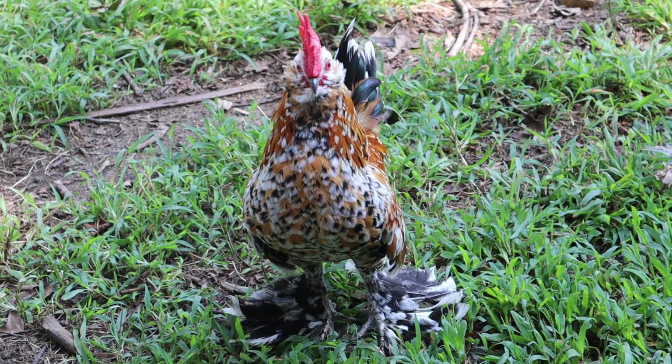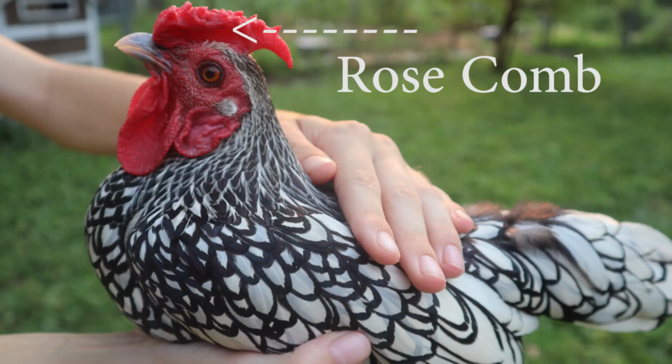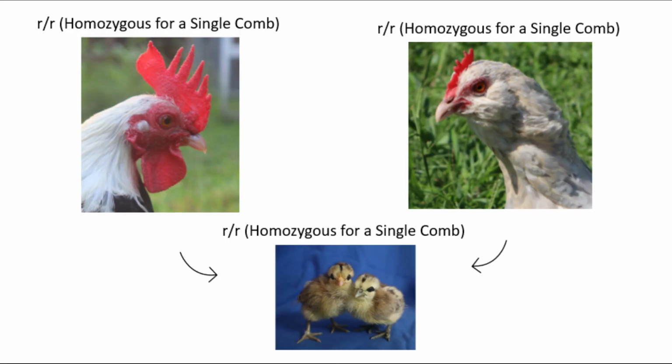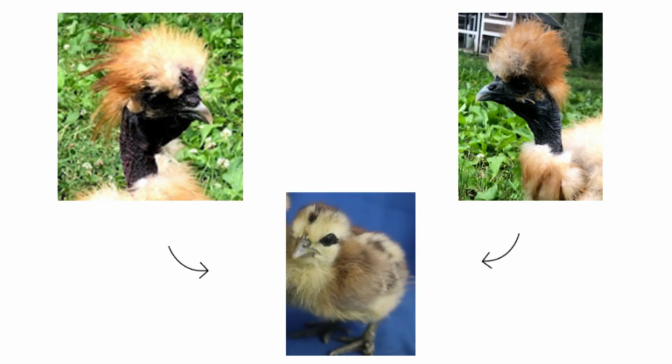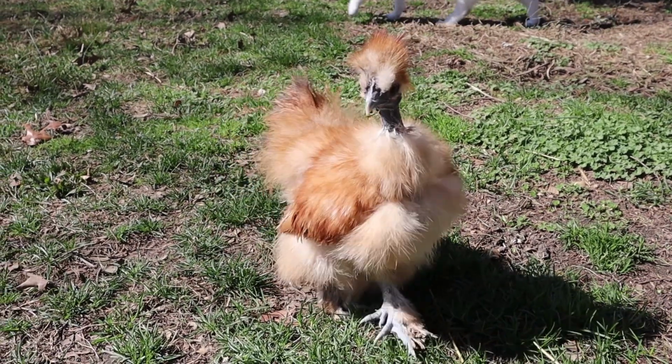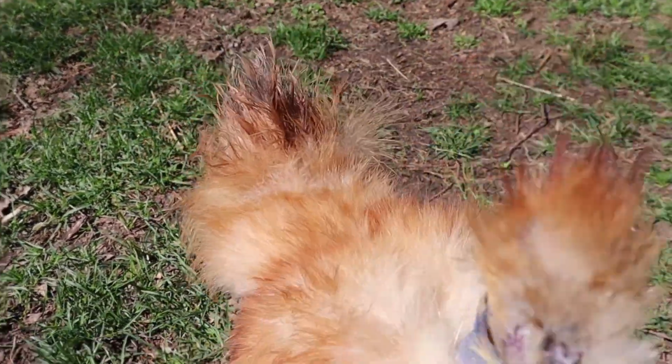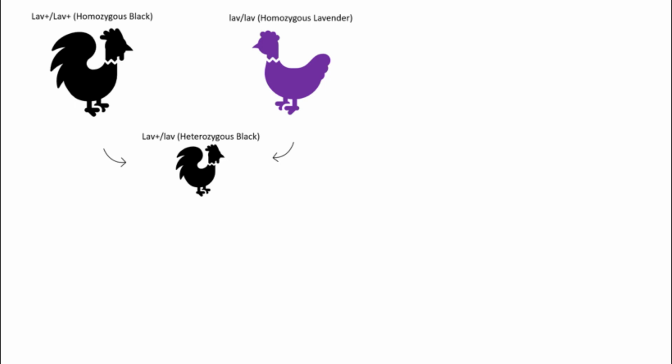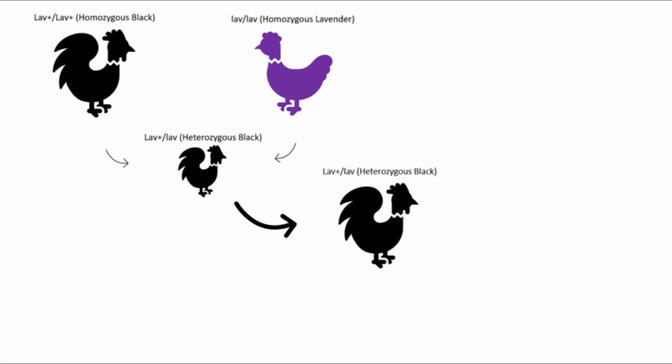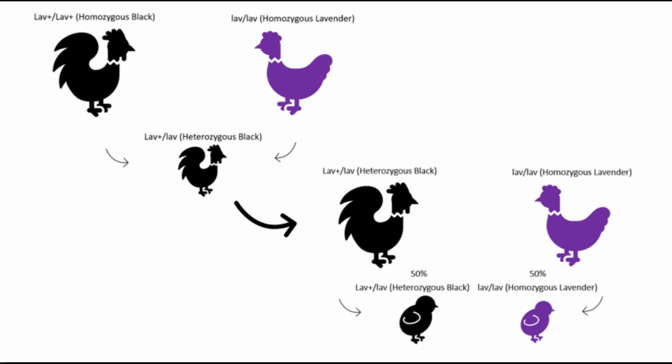Another example of recessive genes would be that single combs are always recessive to rose combs. So, a chick whose parents both have a single comb would always have a chick with a single comb. Or, if two parents had the same recessive eye color, let's say they were dark eyes, the chick would automatically have dark eyes because there is no dominant gene among the two parents to overrule the recessive dark-eyed gene. As a breeder, recessive genes make it easier to get the character traits that you want to create in your flock. Yes, if you were trying to introduce a recessive trait into your existing flock that you know is homozygous dominant for the trait you are trying to change, it is going to take 2 generations before you can see that recessive trait in your line.